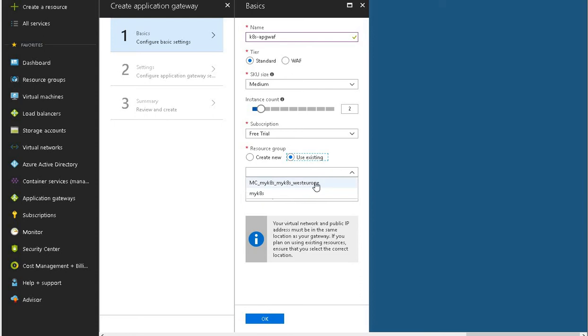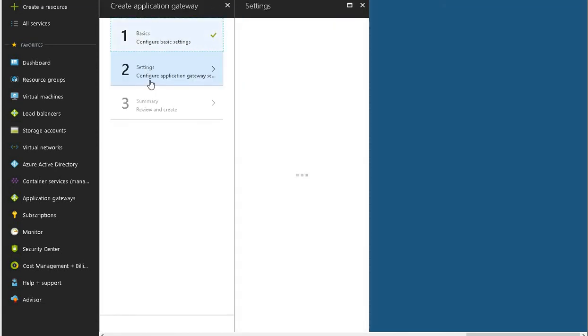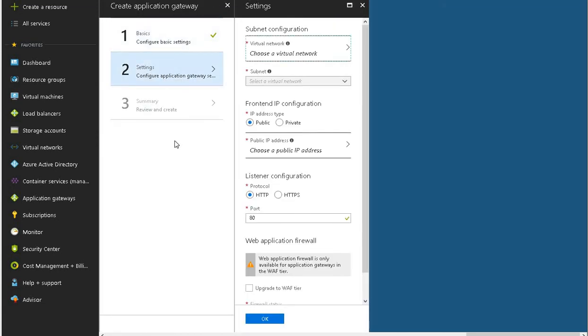and then I'll use the existing cluster resource group. Note please, this is not the resource group that the cluster belongs to. This is the resource group that the cluster created itself when it created the resources. And then click on OK. I've just mentioned that just in case you're automating it and you want to pass that into code, you want